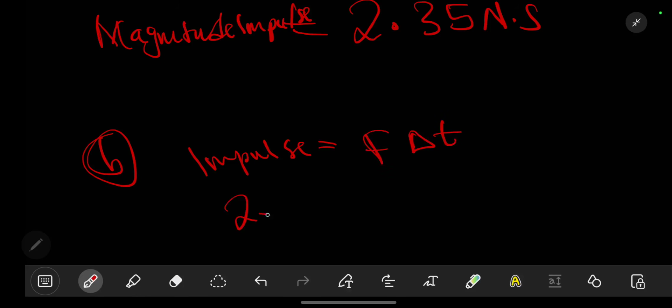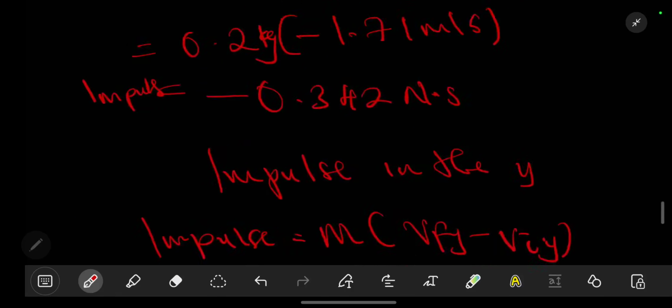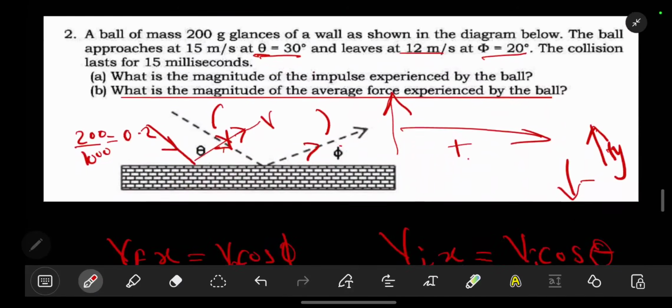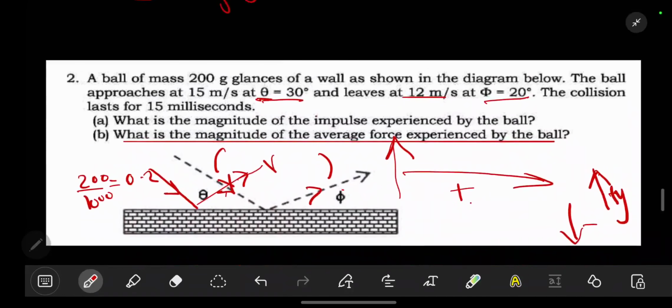So the impulse is found to be, you use the magnitude, 2.35 should be equal to the force times the time. So what is our time here? So the time is